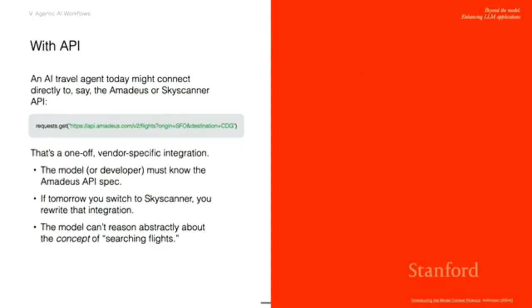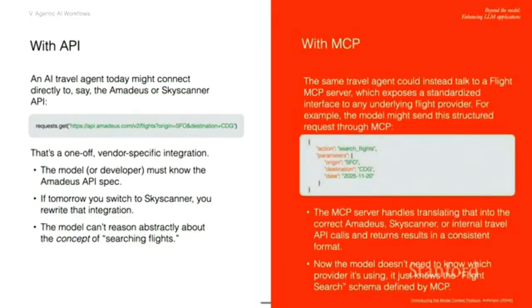So you would have to build or sort of give the API documentation of your flight API, your booking hotel API, your car rental API, and then you would give tools for your model to communicate with those APIs. It doesn't scale very well, versus MCP. MCP is really about putting a system in the middle, sort of, that would make it simpler for your LLM to communicate with that endpoint. So for instance, you might have an MCP server, an MCP client, where you're trying to communicate with that